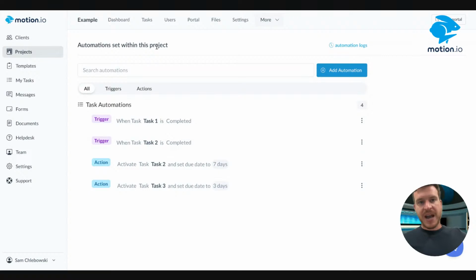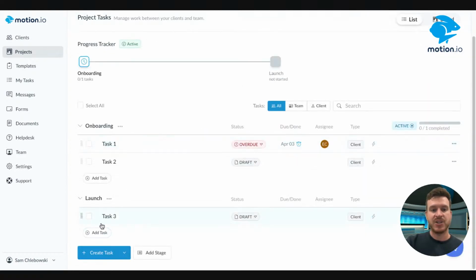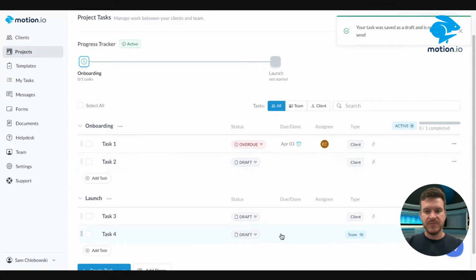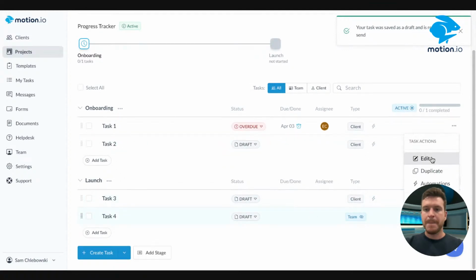Also, one thing to point out is that the way a stage becomes active is if at least one task in that stage is also active. So, for example, if I activate task 3 in my project, it would activate this entire stage called launch, but it would only activate one of those tasks. So let's say I had another task in my launch stage here,